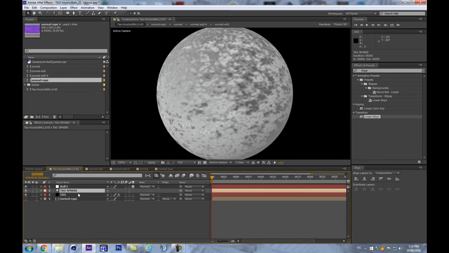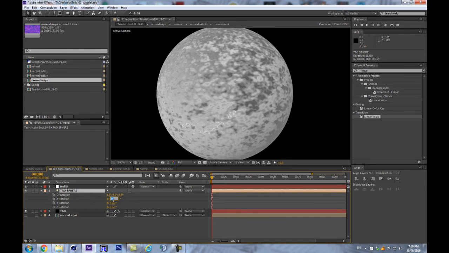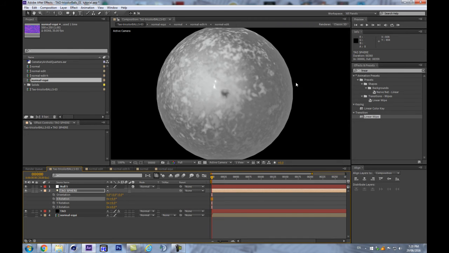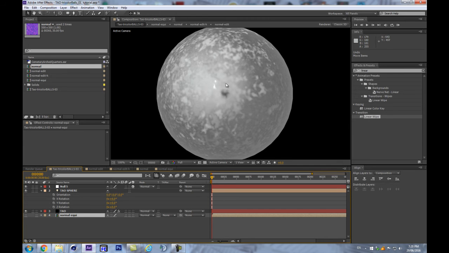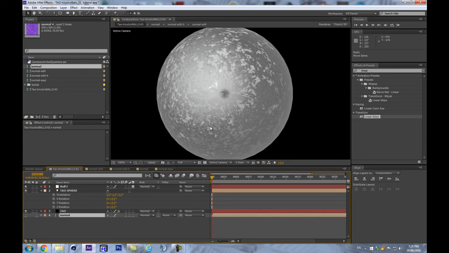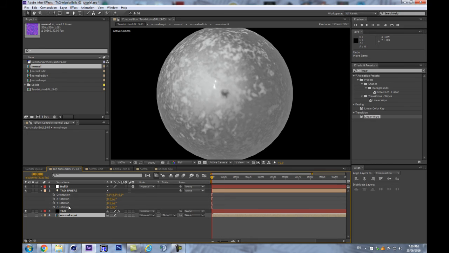So let's quickly look at the difference. Set it back at 0. So this is our polar area with the equi, and this is without it. So I'm not that worried. It's not that much of a problem for me to have it like that sometimes, because I'd rather have the possibility of